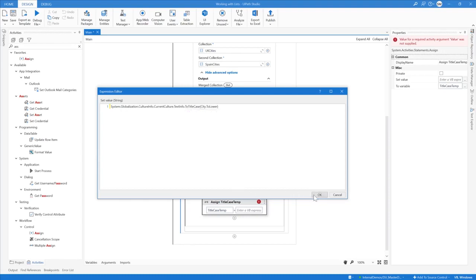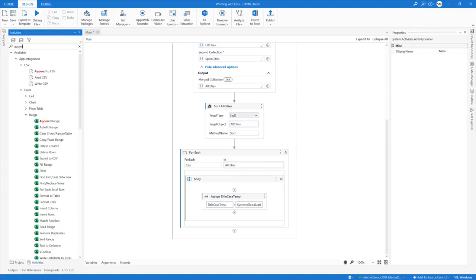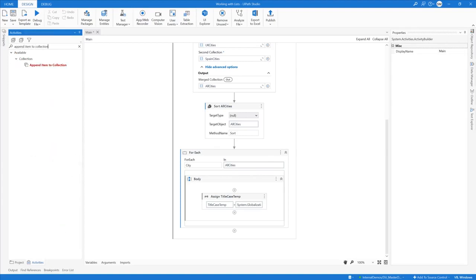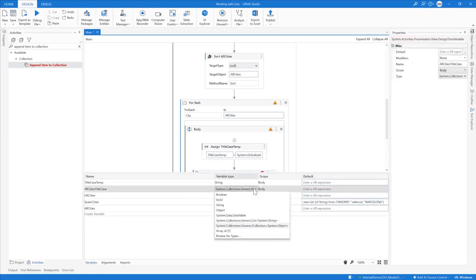And click OK. Next, each formatted item stored in the title case temp variable needs to be added to our new collection. For this, let's add an append item to collection activity. Next, let's create a new variable inside the collection property. We'll name it all cities title case. And set its type to